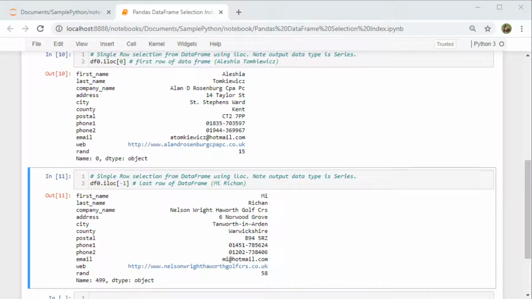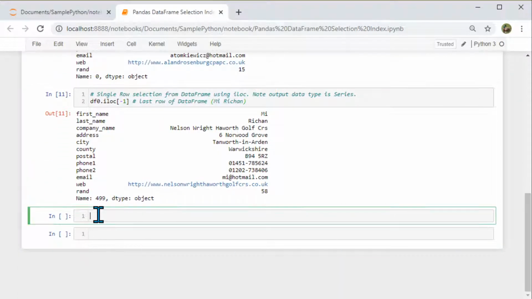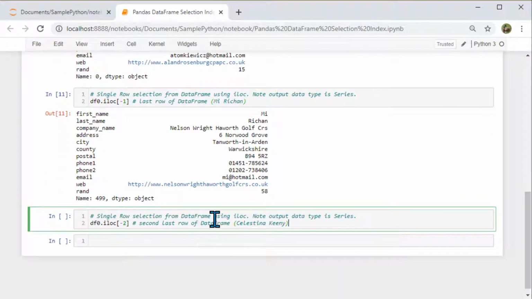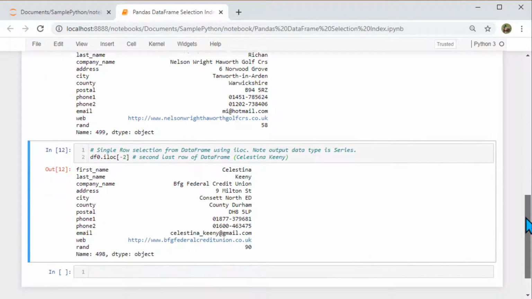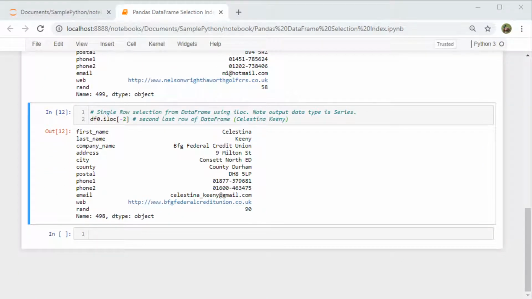Well, if you want the second last, is there a way we can do that? Yes, of course. If you want the second last row, you can do a similar command, dataframe.iloc, and pass -2 as a parameter, and it's going to give you the second last row as the output, and all of these are in the form of a series.